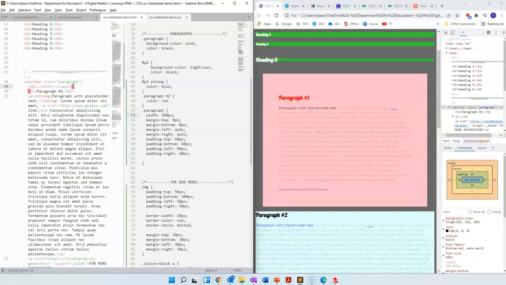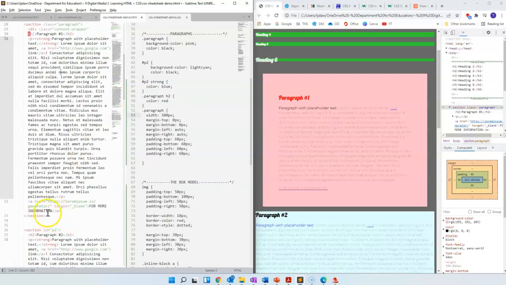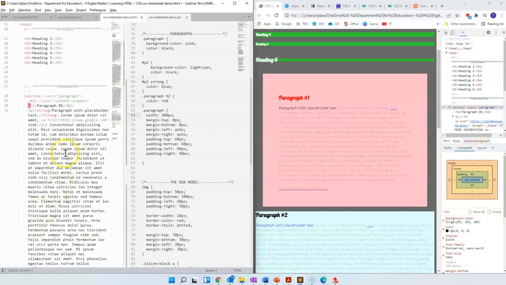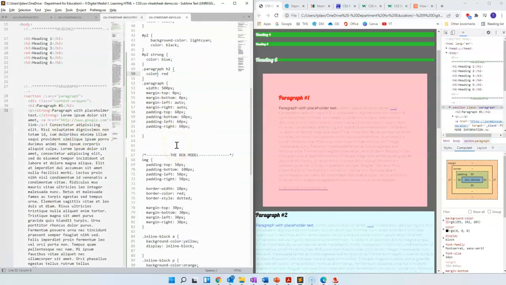What have I just done? I've typed in my class name, but I haven't written in class equals. Okay, there we go. And I'm going to put my div right down the bottom, just underneath the section. Okay. Are we happy now? No, because I didn't add in that. Okay, so if I then come over here, now I wrote my